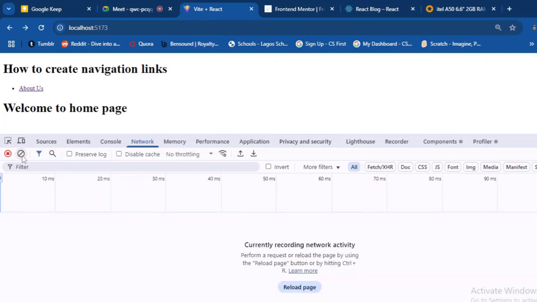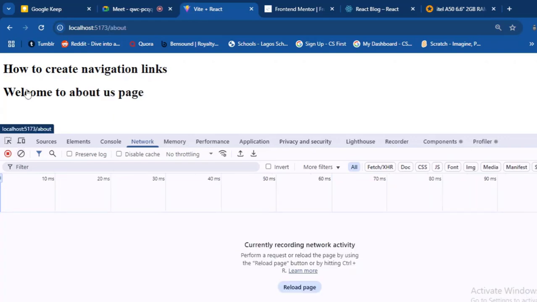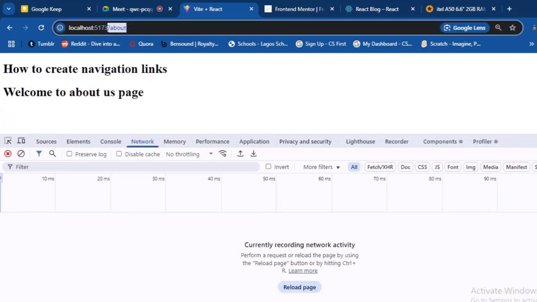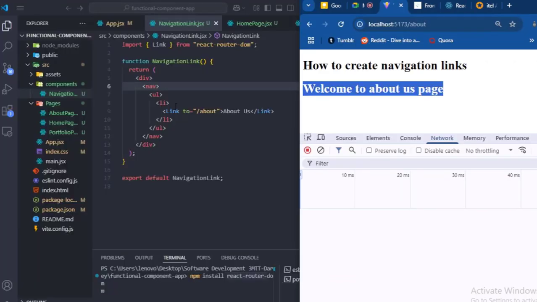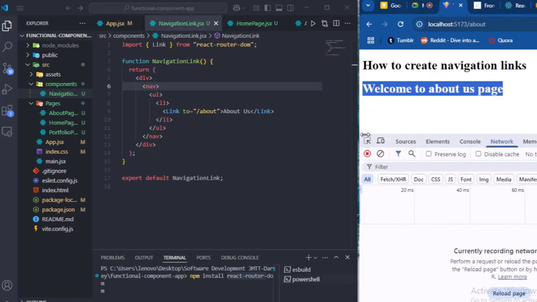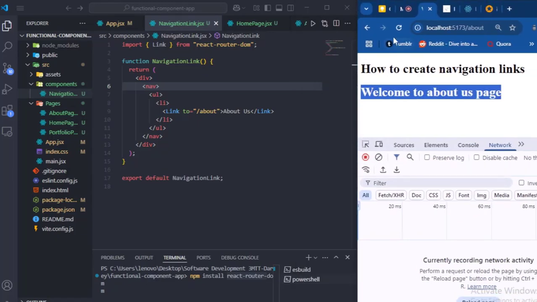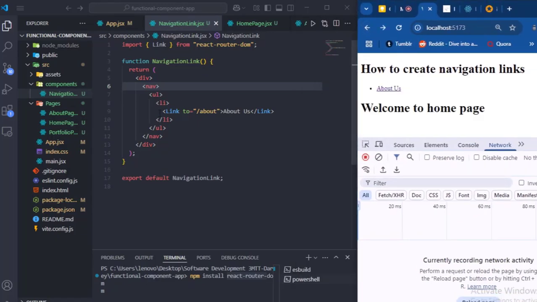So if I clear this again and I click, immediately we are on the about us page. Welcome to about us page. Okay, so this is the beauty of this link. So like this now, we can create multiple